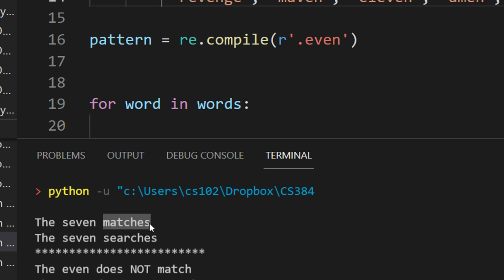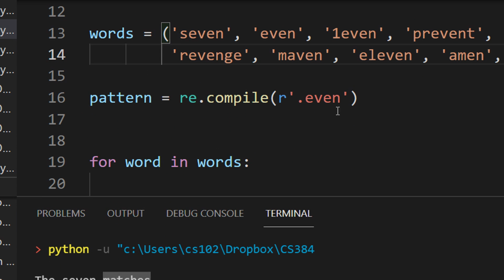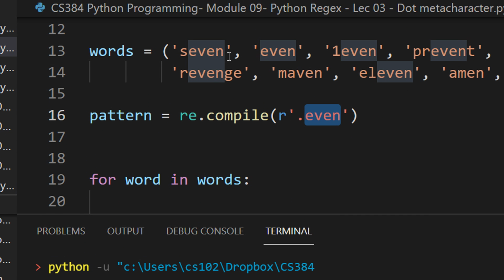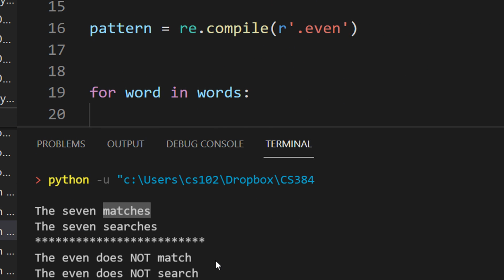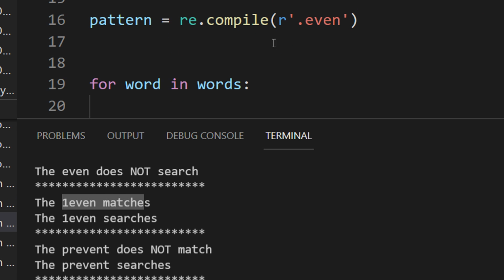Now let me show you how 7 is searched. Because match only searches at the start, and in 7, when I do this even, you can see VS Code automatically selected even in this case. Since I am giving one dot, I am allowing a freedom of one character. I think mechanical guys study degrees of freedom, right? So this is one character degree of freedom. I can have any one character. So for 7, it's a single character, and even though anyways will match, I am allowing for one character. You can see one even also matches, because I give a dot here.